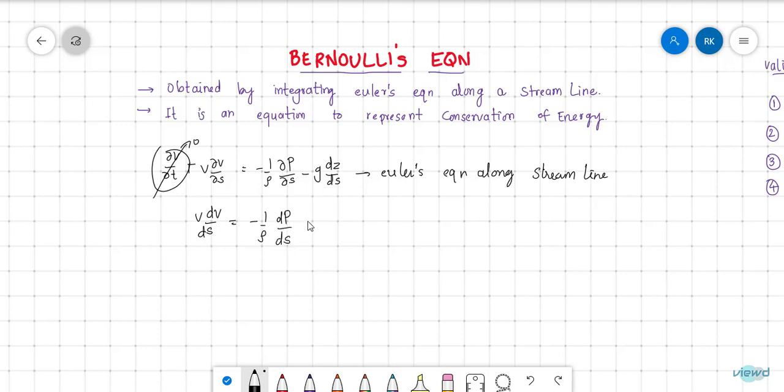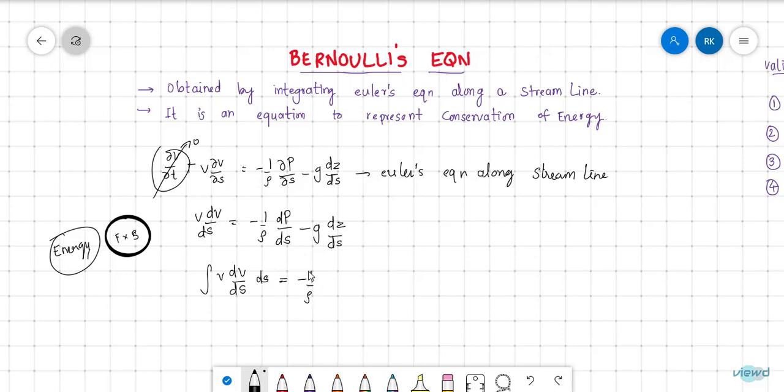This pressure is also only a function of that streamline, so minus g dz/ds. If we integrate it, integration of v dv/ds with respect to ds, in terms of energy we need to derive. In terms of energy, it means force into the distance traveled. So that is called work done. Work done can be energy. Due to the supply of energy only, work can be done. So we are integrating with respect to ds, which is equal to